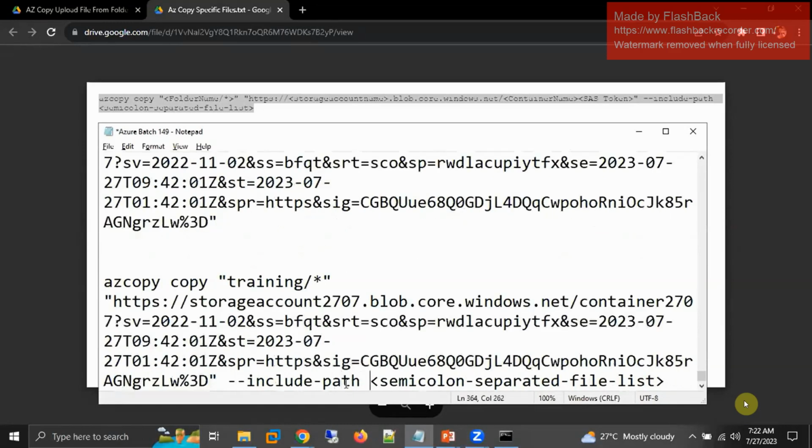And here we need to mention the file names. And the file names which we need to mention here, that particular file name also needs to be in double